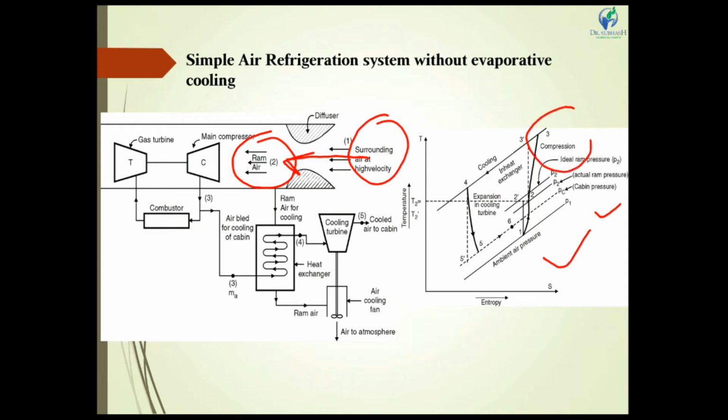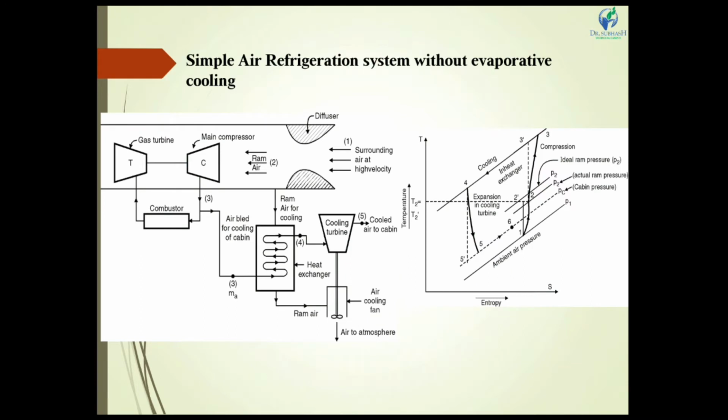Then the process is compression. After the compression process, the air is passed through the combustion and next the air is passed for cooling, which we require to produce a cooling effect. There is an in heat exchanger, where we remove the excess heat from the air. We have to go step by step through which processes occur in the system.